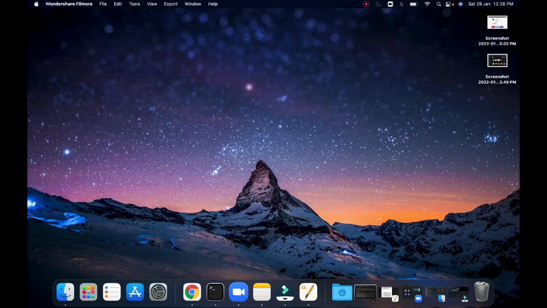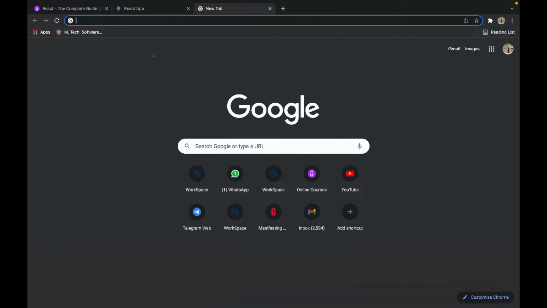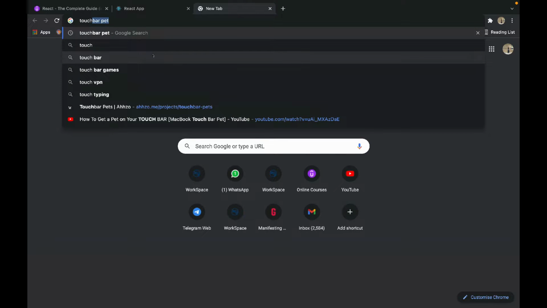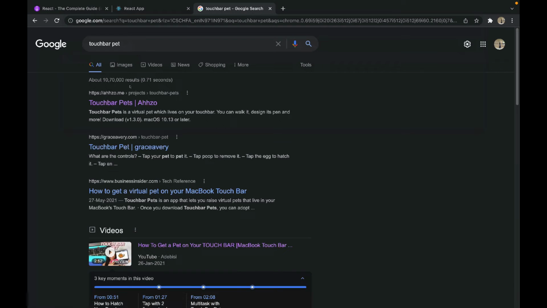Hi guys, so in this video I'll show you how you can create your own pets on the touch bar of MacBook. So let's go. So first what we need to do is you can just type touch bar pet and go to the first